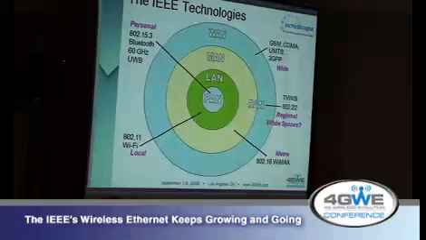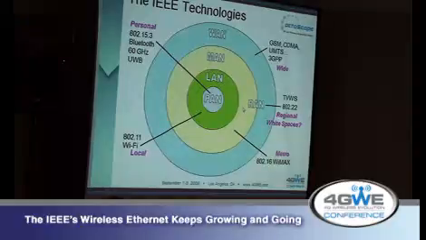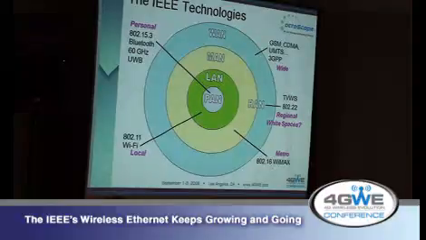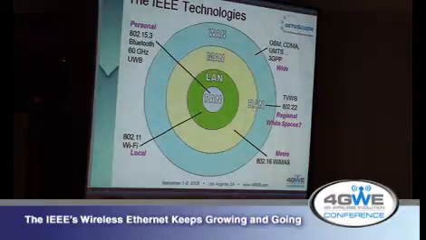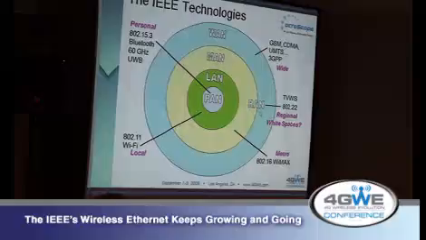802.22 started out as a regional area network to work in the country kind of setting with long range, and it was based on 16D. It's based on 16D OFDM. And its goal was to operate in the UHF spectrum at longer range where TV channels are not present. And 802.22 has interfaced with the FCC and has been very influential in the white spaces legislation and rules that the FCC put out. And we'll talk a little bit more about that. And actually, I'm doing another session on white spaces on Thursday. So there'll be a lot more detail on that.